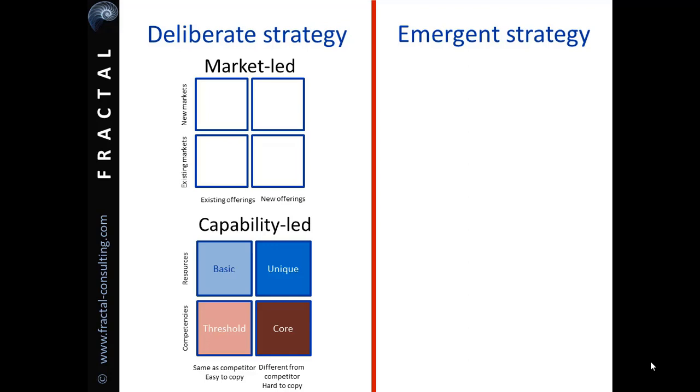So we need a different model of strategy development, one which allows us to take into consideration the actions of others when we develop our strategy. But although there are lots of methods and tools for deliberate strategy, when it comes to emergent strategy, there's been nothing that practitioners can actually use.